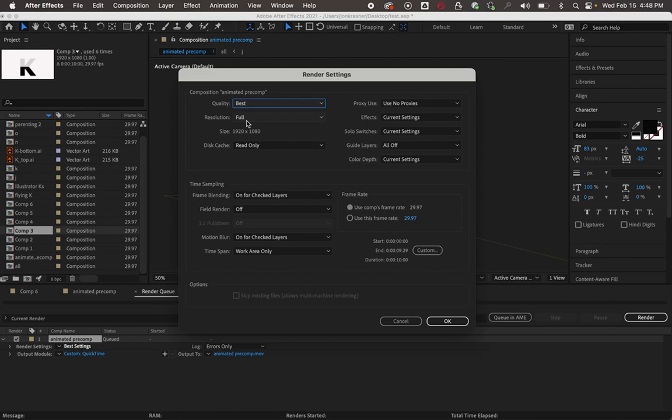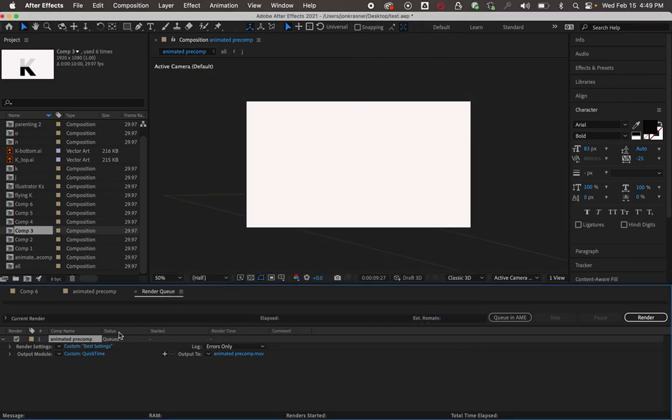Or, in the case where I have many, many layers and it's going to take a long time to render, I may want to render it at half the size or a third or a quarter of the size, so I can get a real fast preview of what my animation looks like so far before I go ahead and make some more decisions. It's really important to render your QuickTime movies along the way, especially when you have a lot of layers. When we start working with images and video, playing it from the After Effects playback engine is going to be very, very choppy. Now, under where it says Output Module, to the right of that, we're going to click on